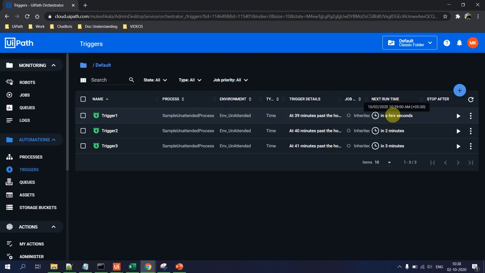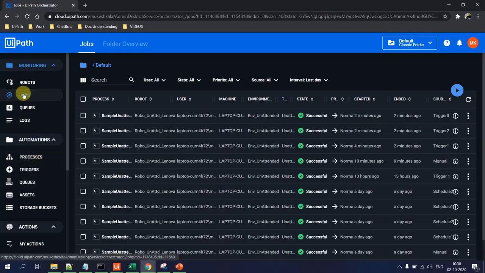Now this will execute at 10:39. When this is executing, this one will go in a pending state. But what happens if trigger 1 is not completed, and the timeout for trigger 2 happens, and then there is one more trigger in place, right? So what happens there? That is the scenario which we wanted to discuss. Okay, we'll go to the jobs. Let's wait for it to execute.